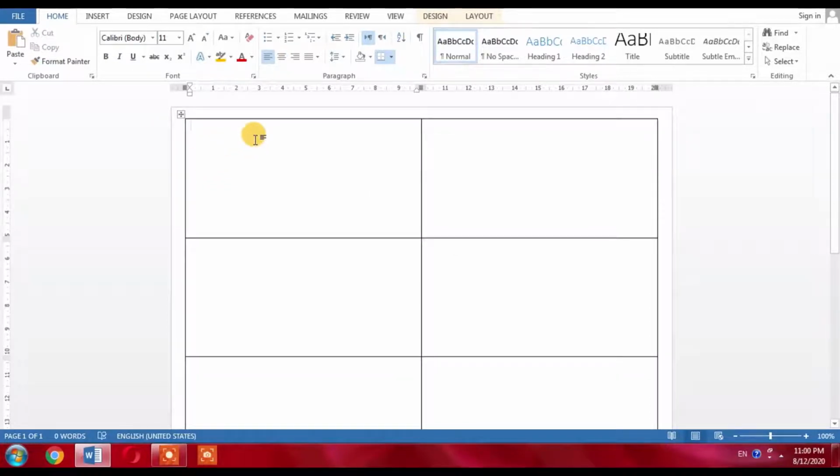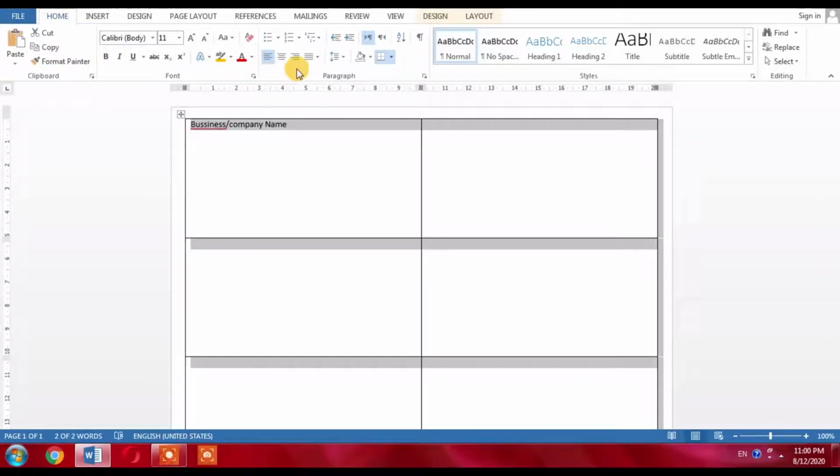First of all, normally a card contains a business name, or company name. Now click the home tab and from here select the center.